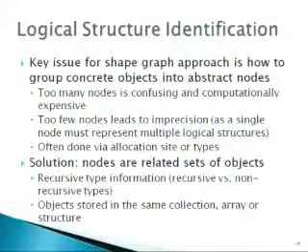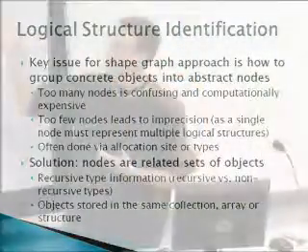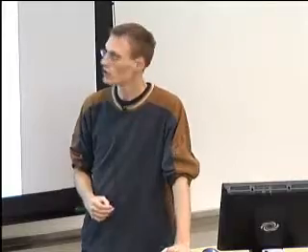OK, so the first thing I want to do is describe these properties and look at how we build this model in a little more detail. And so the first issue that comes up is, how do we group objects into nodes? How do we do this partitioning? And this is a fundamental issue that comes up when you're using the storage shape graph approach.